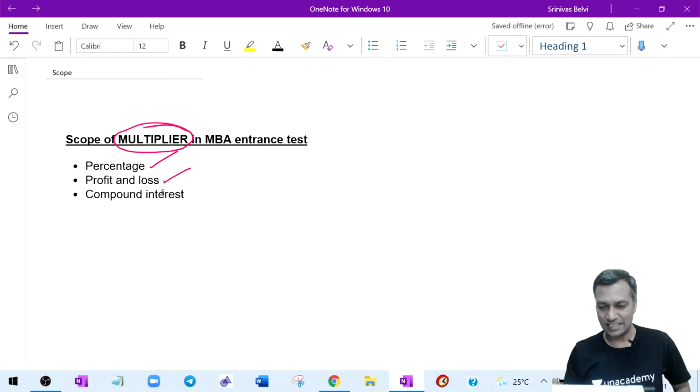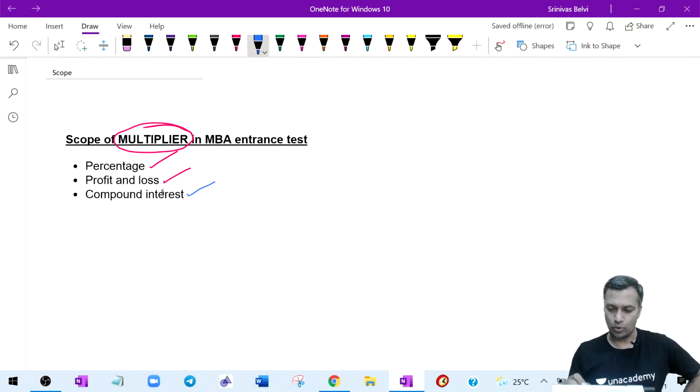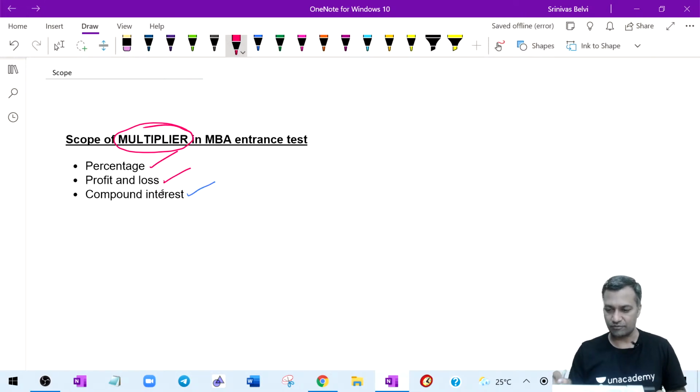Fine. Let's get started. Let's create that momentum quickly. Great. All good. Let's hope there will not be any service disruption here. So percentage, profit and loss, and also compound interest. These are the three areas that we speak about. Let's see as we go along how this